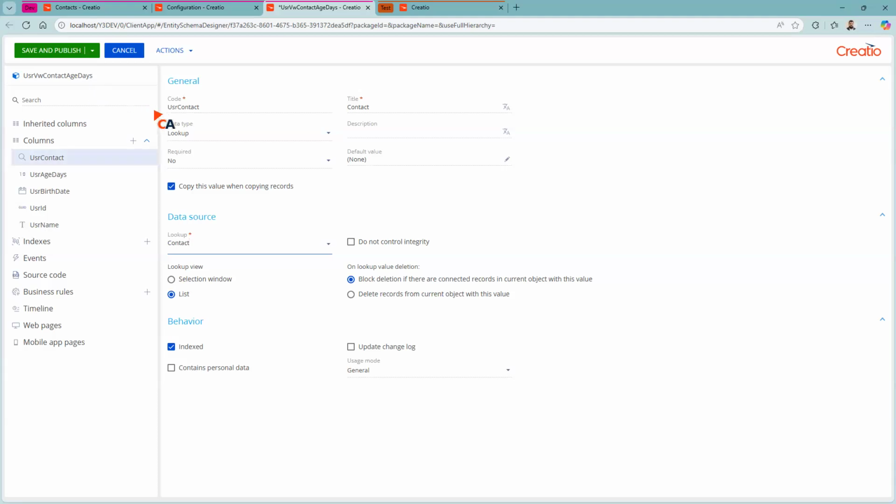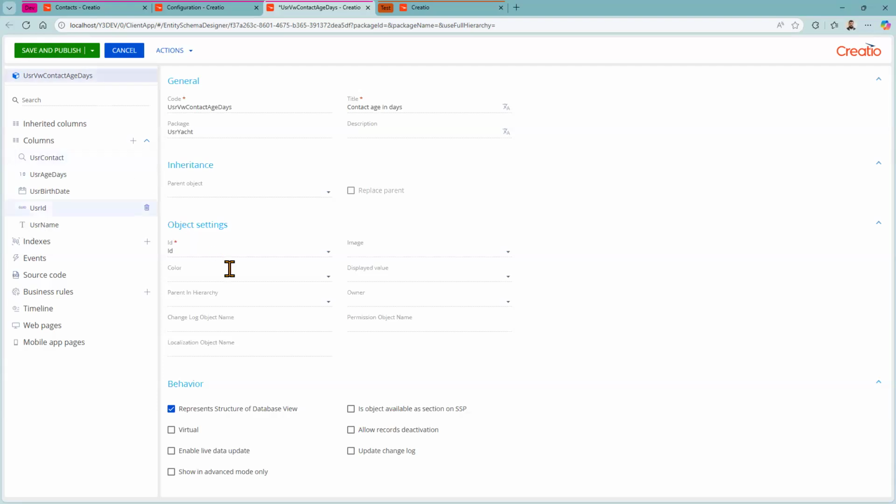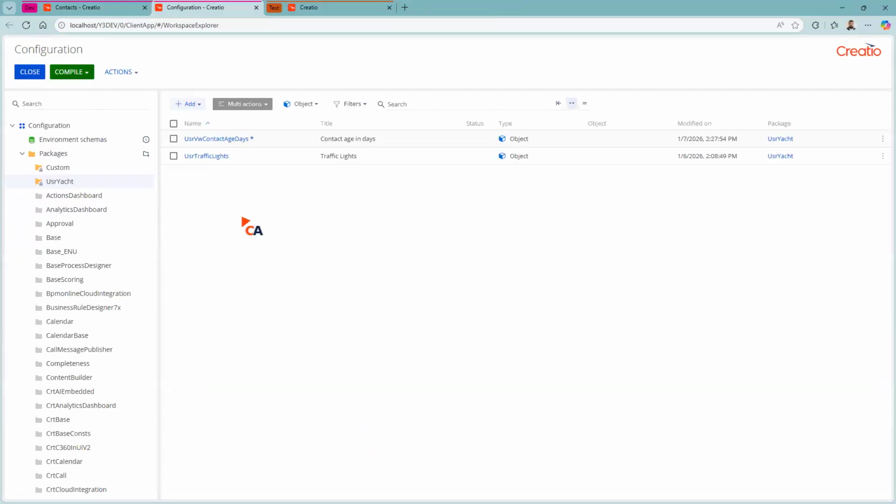But as we remember, when usually such an action would register a new column, in this specific scenario, this will not work because this object only represents the structure of a database view. So I need to follow this logic, and I need to first